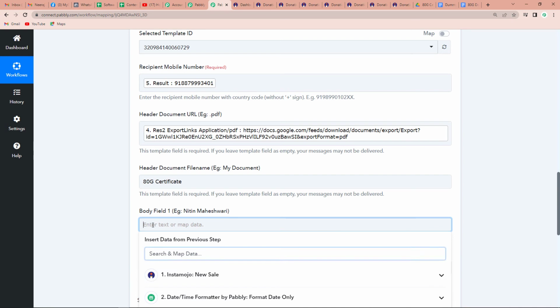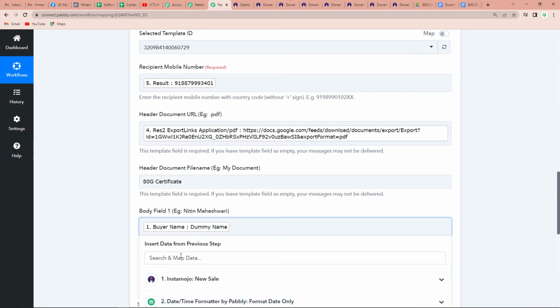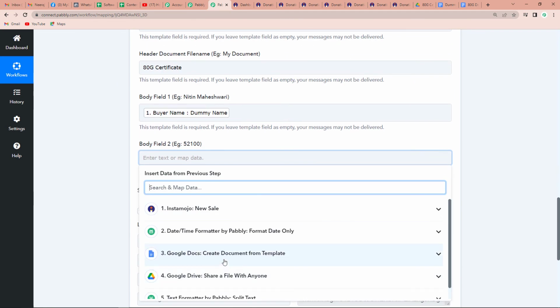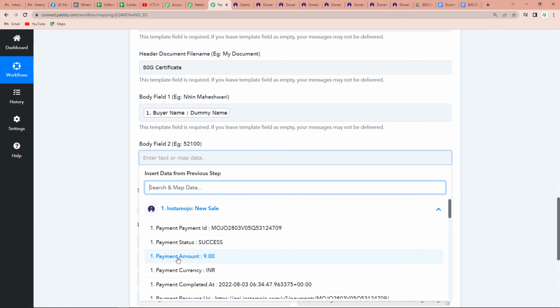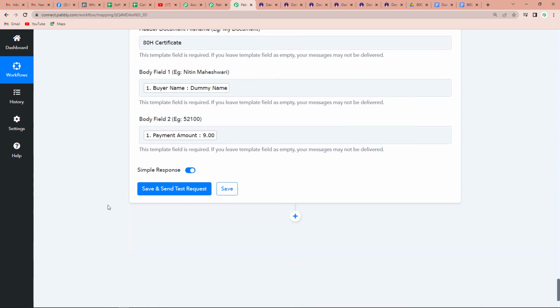Now comes the body field. So I have to map the name. So let's go down and this is the name. And then we have the payment details. For the payment details, again, I'm going to Instamojo and the payment amount. And this is also mapped. So we have mapped all the details. Now we are going to click on save and send test request and see if we have received a